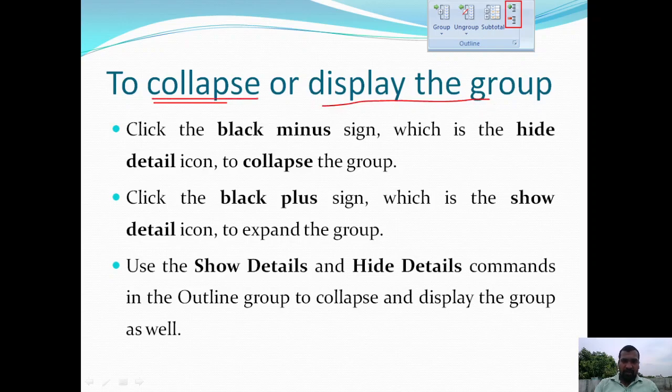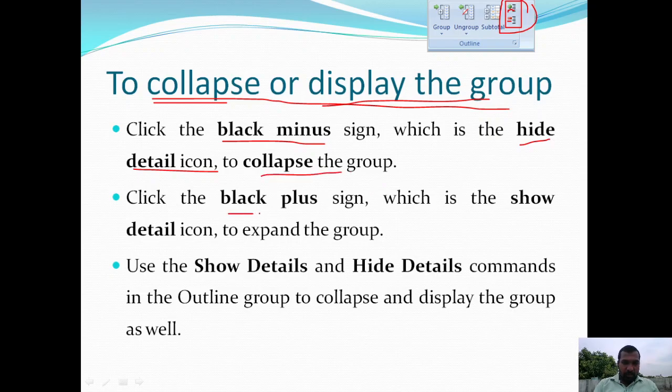Here we have two options. One is the minus symbol, and the other is the plus symbol. Click on the black minus sign, which is the hide details icon. Then the details will be hidden, to collapse the group.